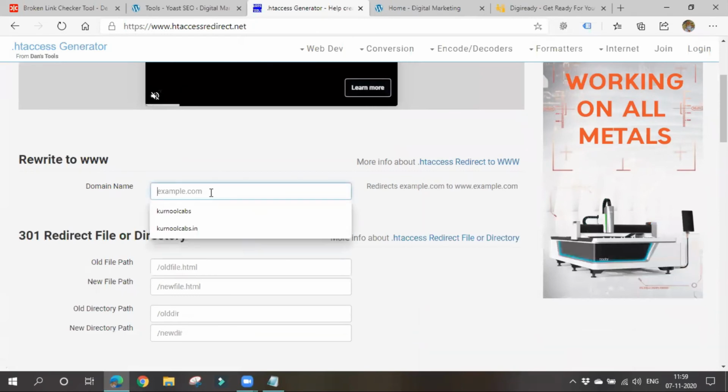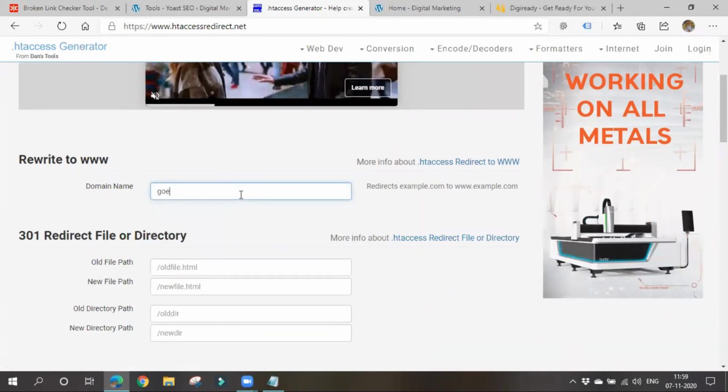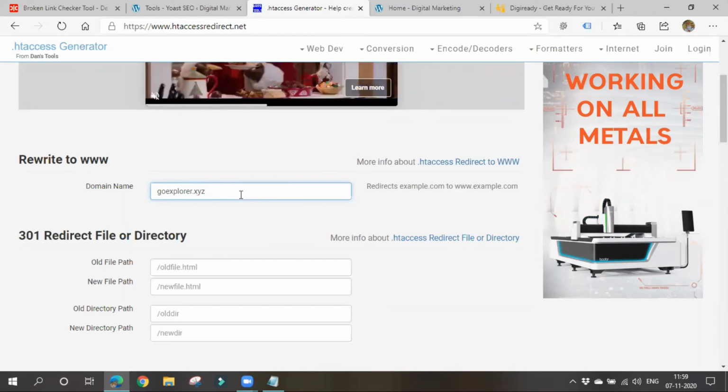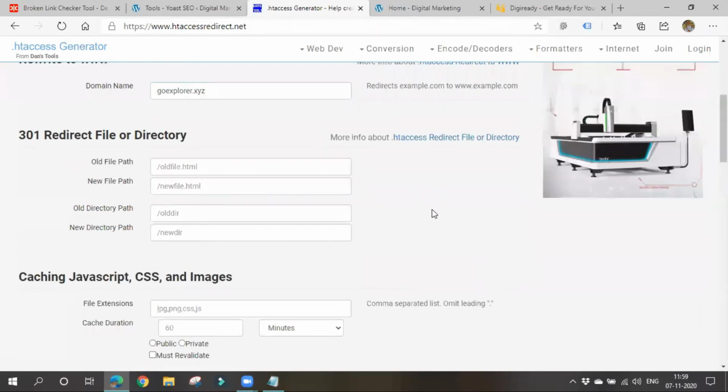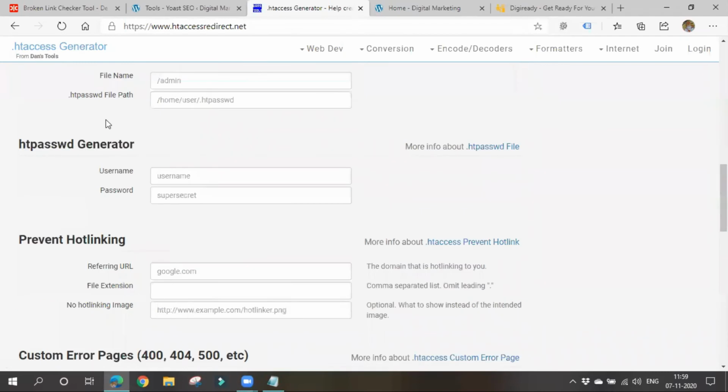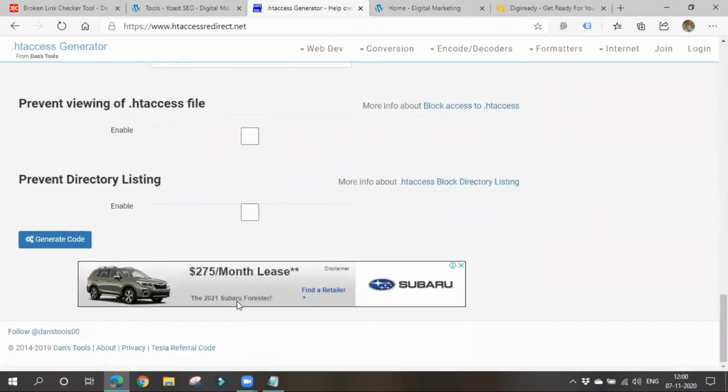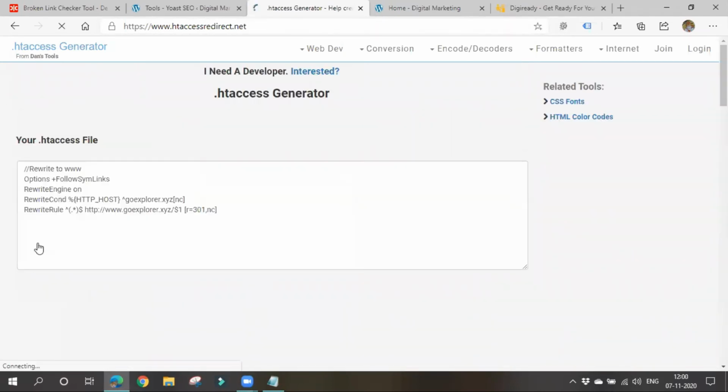Now here we have to give our website name: goexplorer.xyz. There is no need to fill in all these things. Simply click on generate code.